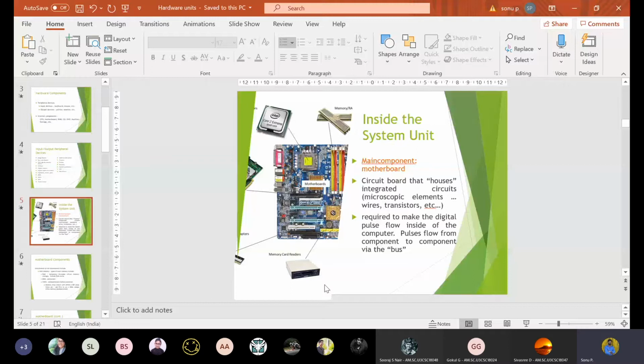But how does that keyboard information, the key press information, reach the